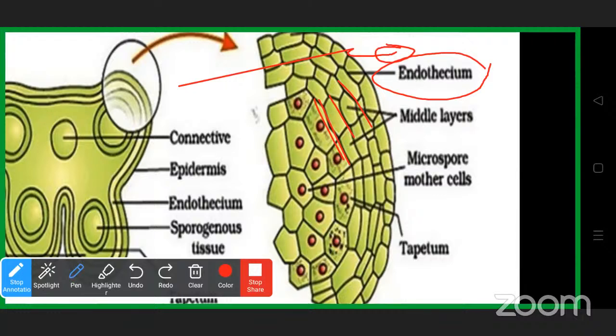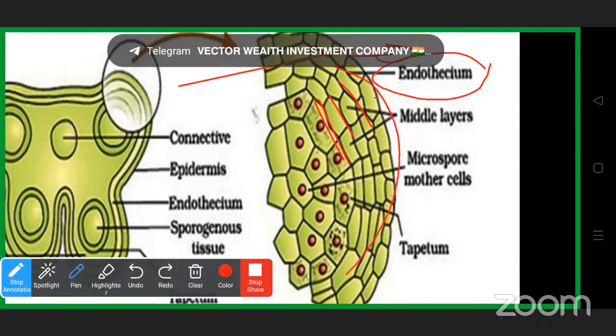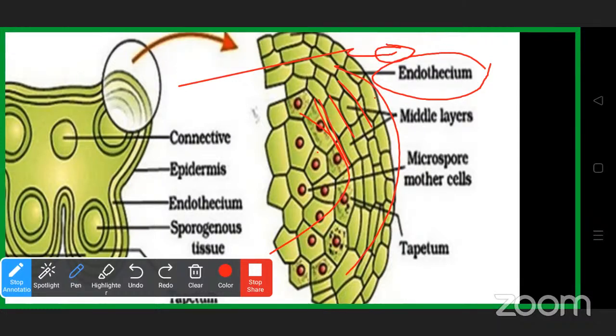Okay, and the next is the middle layers, in between the endothecium and tapetum. In between the endothecium and tapetum, there are 3 to 4 layers of middle layers, and then the tapetum is the innermost layer. The innermost layer of the anther is called the tapetum. It is also a nutritious layer. It supplies nutrition